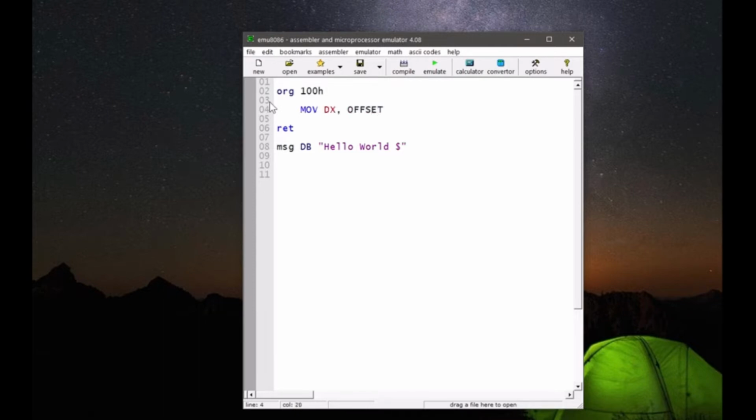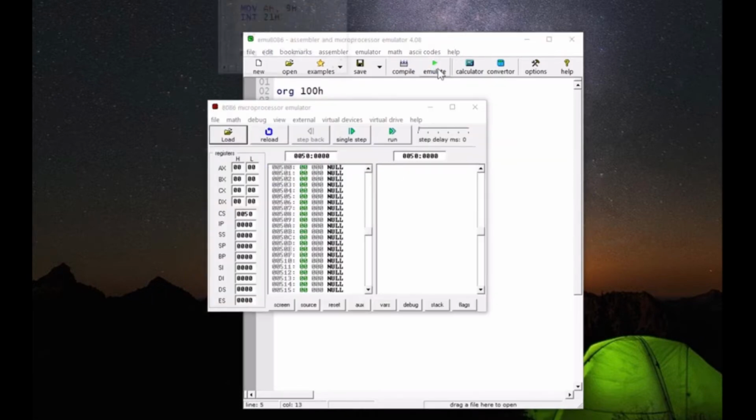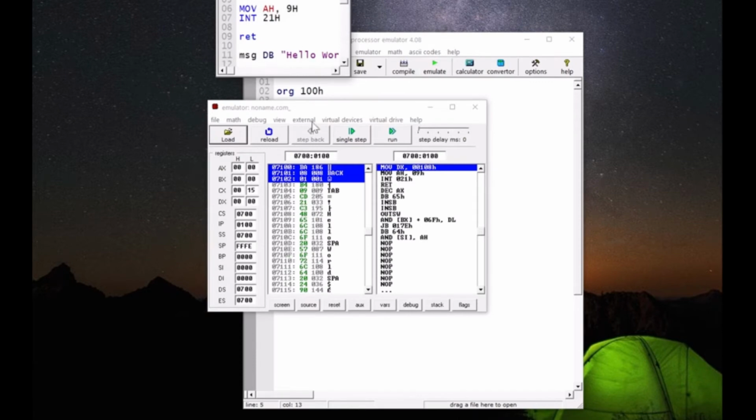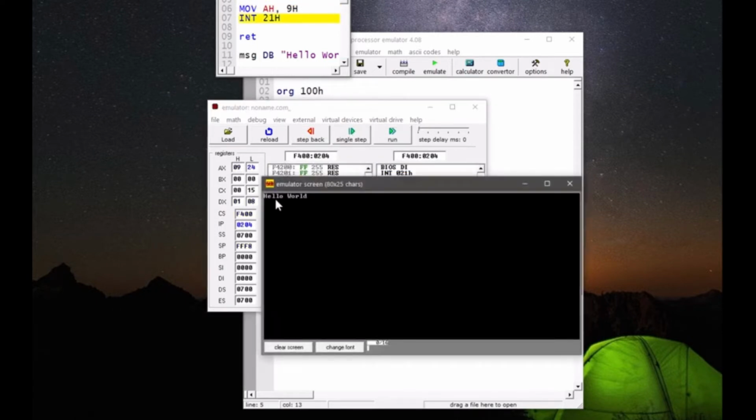The interface of the 8086 microprocessor emulator is simple and easy to manage. There are 5 major buttons with icons and titles included. These are load, reload, step back, single step, and run. Above those buttons is the menu that includes File, View, Virtual Devices, Virtual Drive, and Help. Below the buttons is a series of choices that are usually in numbers and codes. At the leftmost part is an area called Registers with an indication of either H or L. The other side is divided into 2, which enable